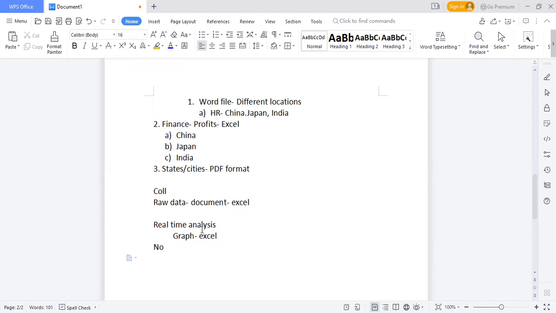Which one? This real-time analysis. Real-time analysis is where, guys, when you're talking about Excel, you have something called a source file. What do you mean by a source file? Raw data, where the data is lying. It could be in an Excel sheet, it could be in a PDF. You agree? Now, when I want to use this data and create a pie chart using Excel,